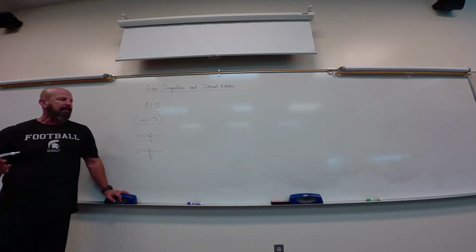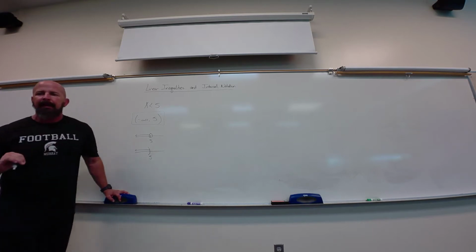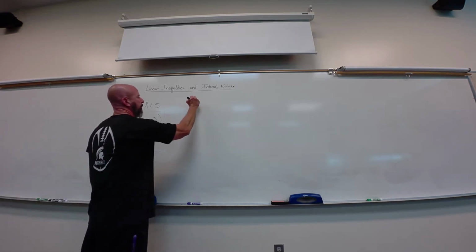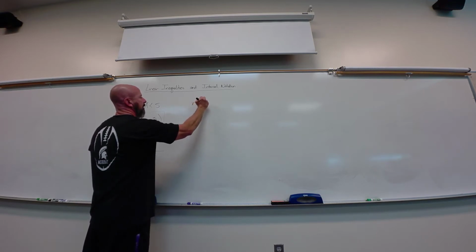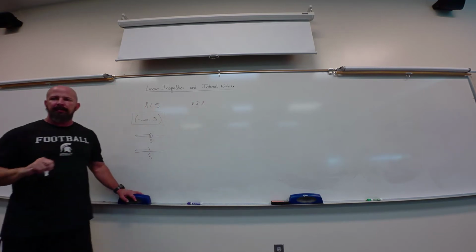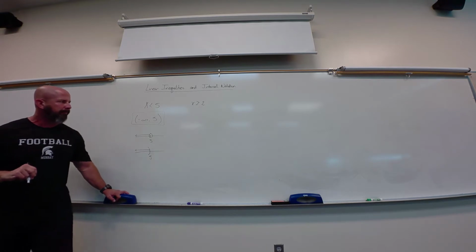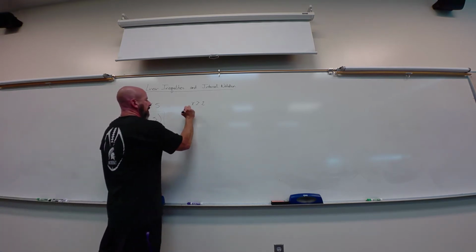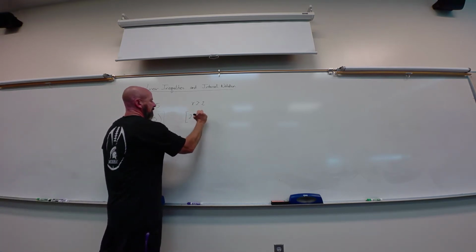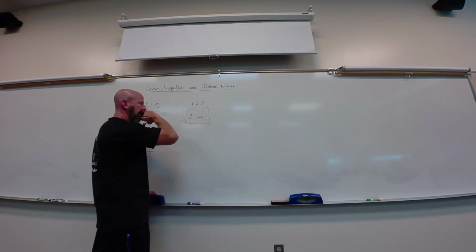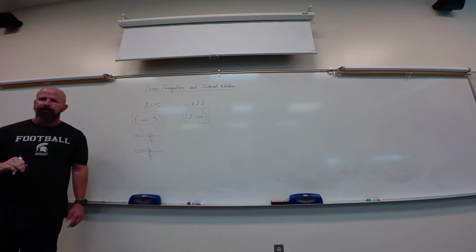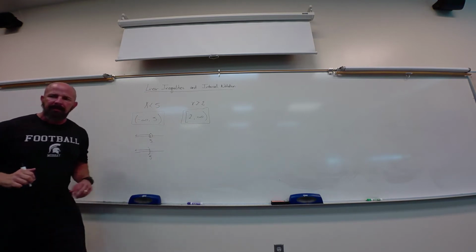So the inequality symbols, less than, greater than, and then we had the equal to part. So if I had x greater than or equal to 2, let's give us an equal to example here. The interval notation would be bracket 2, comma, infinity. So all the values larger than 2. Okay? On a number line graph,